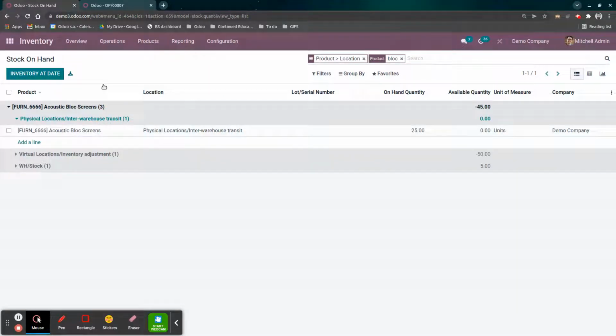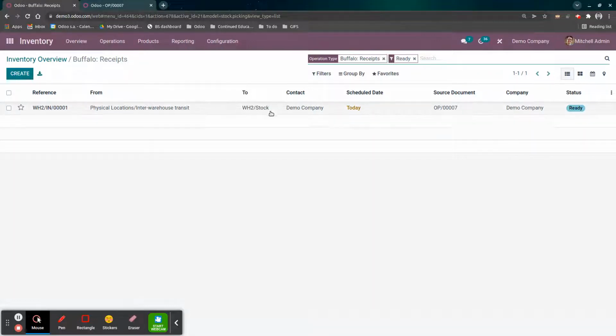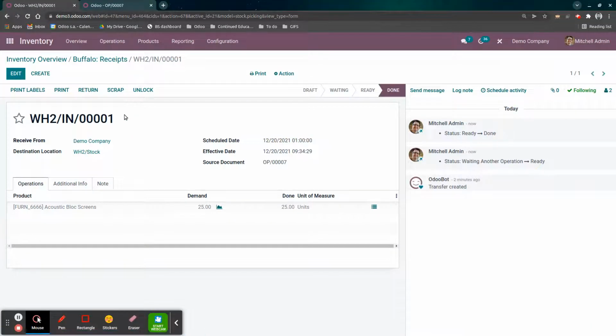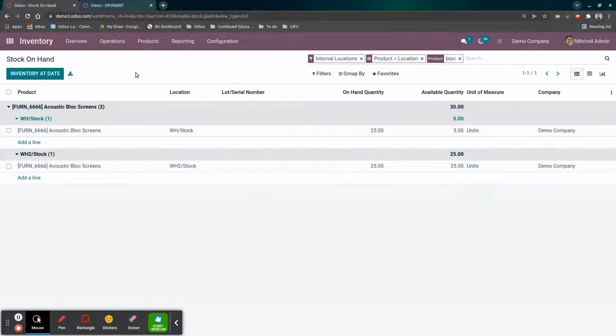So now let's switch gears. We are the Buffalo team. We now have an automatic receipts process from the same inter-warehouse transit into our Buffalo stock, same source document. So all we have to do is validate, and this is how we can essentially generate delivery orders and incoming receipts based on inventory demand. Now, one thing to note is that this is automated based on reorder rules or make to order should you turn it on. If you have to do it manually instead of automating it,